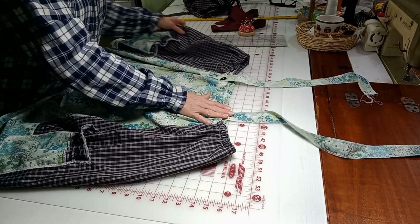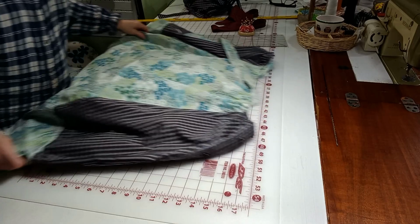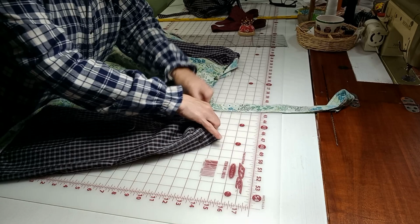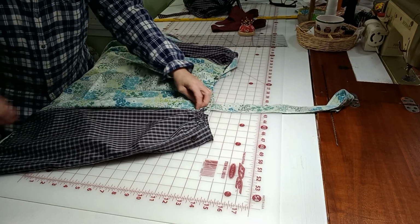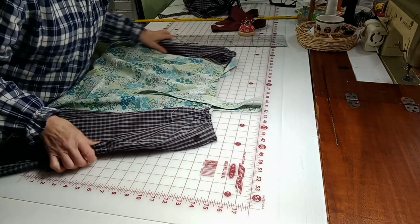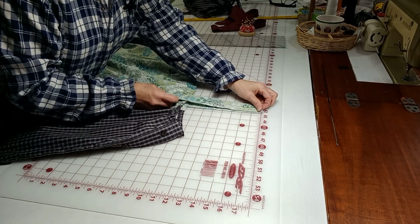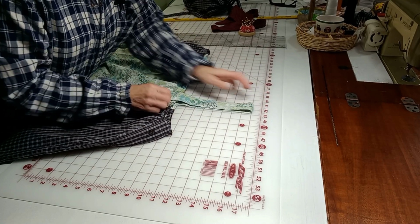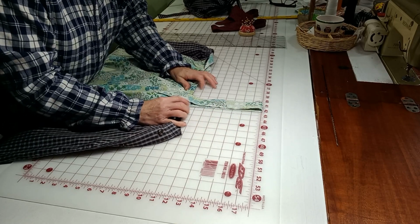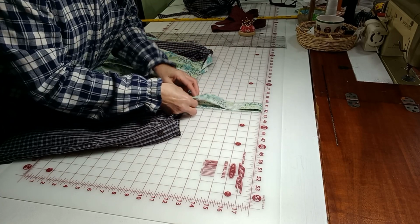And then all we need to do now is put our back straps on. And if you're making this for yourself, you might have better luck putting the back ones on first, trying it on, and then pulling the straps over till you get the right length. For my sewing, I have pretty much learned what works, and it's usually about 8 inches. So 1, 2, 3, 4, 5, 6, 7, 8 right here. So I'll just do 8 inches, and I just match them to the other ones,